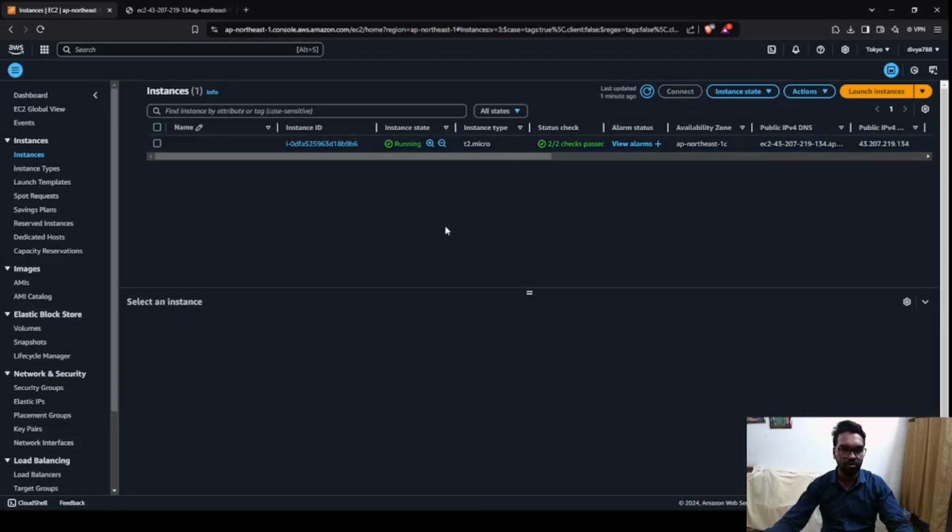Also, if you want to see the logs of the application, we can do that as well by using SSH. Let me show you that. All right. So right now I have opened my Git Bash terminal, and I've also copy pasted my SSH key in this current directory only, this AWS EC2 instance playground. You should also do that, so you can access your EC2 instance from the command line itself.